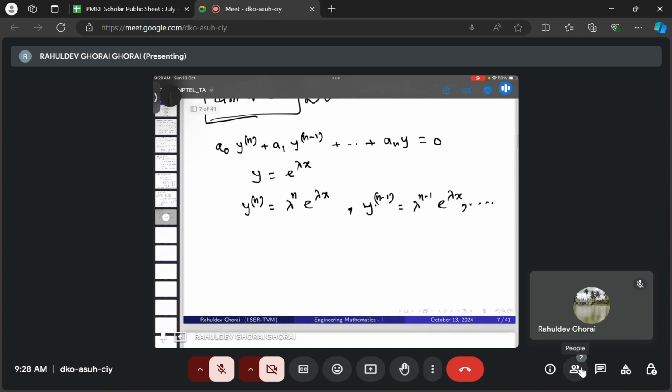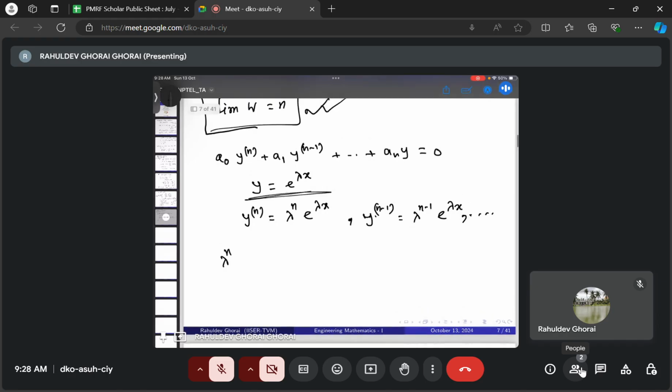So now from there what you get is lambda n. I assume that this type of solution exists. We'll check whether it exists. We can come to a contradiction, or we'll get something. Let's see what is happening there, what we are getting. So lambda n, a naught lambda n plus, from here what you can get,